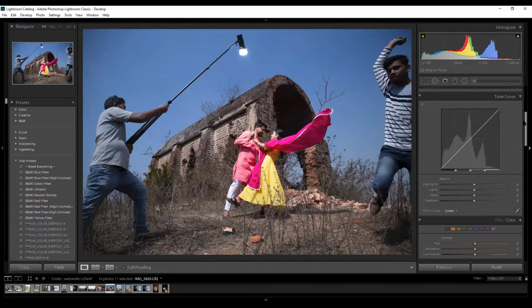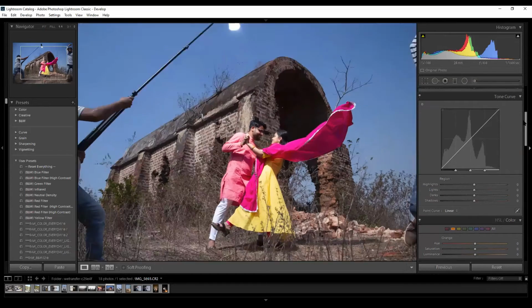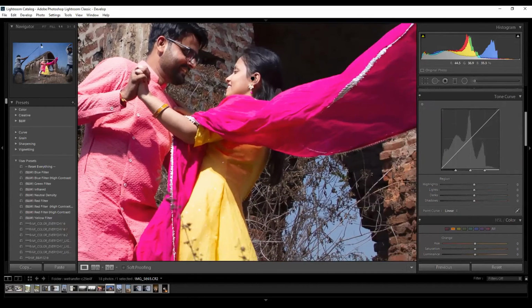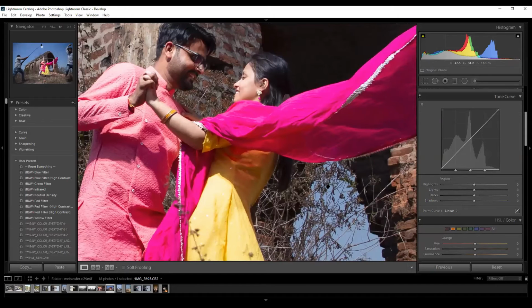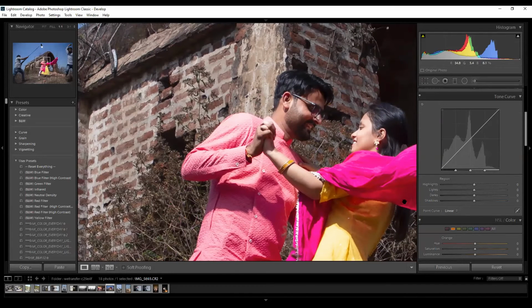So let's understand the curves. You can see one more thing. In curves, we have highlights, lights, darks, shadows. Curves work totally with your black, gray, and white points. It won't work at all with your color points, meaning saturations and hues.